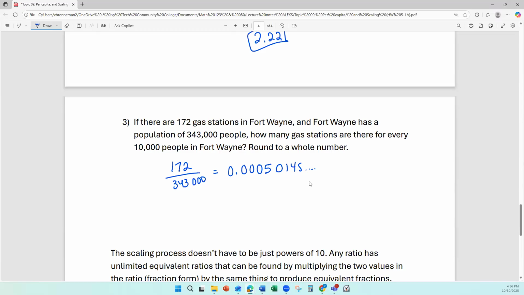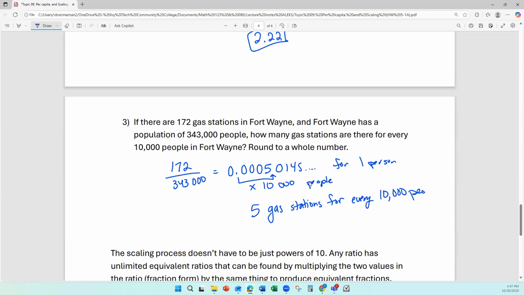But we want to know how many for every 10,000 people. So this is for 1 person, so I'm going to multiply that by 10,000 people. These 10,000 people combine all their little bits of a gas station, and that moves the decimal point 4 places, and that rounds to a whole number 5. So 5 gas stations for every